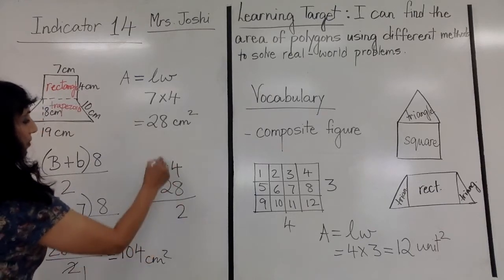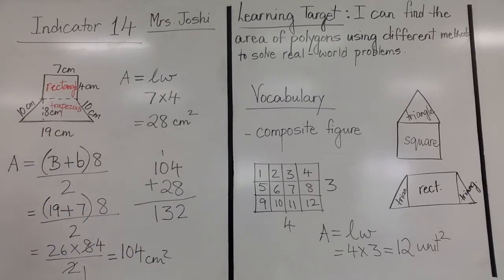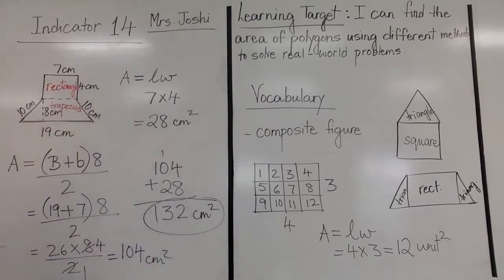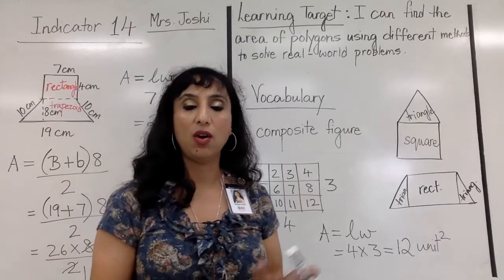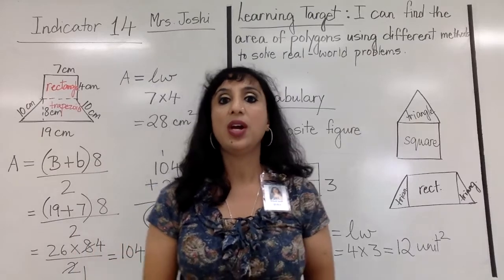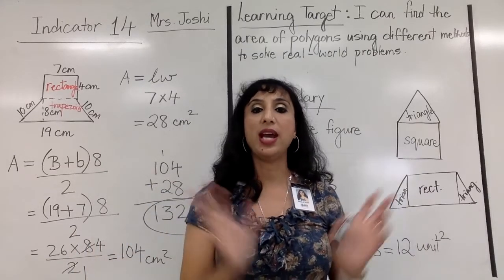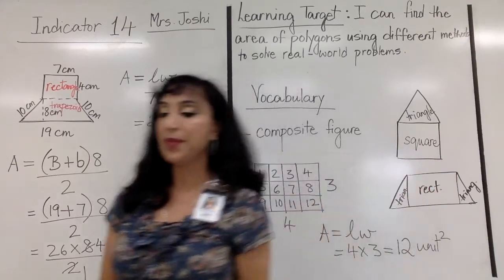And here I get 12, carry over 1, 3, 132 centimeter squared is the area of this composite figure. So as simple as that, all you're doing here is you have 3 different shapes given to you, and then you are just putting it together after calculating each individual shape. Okay, so